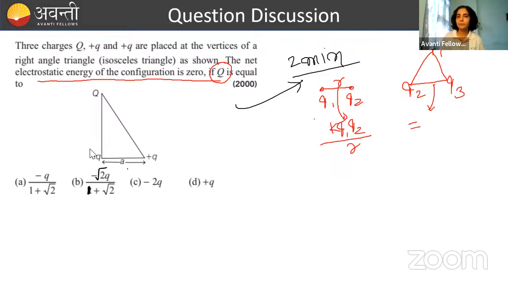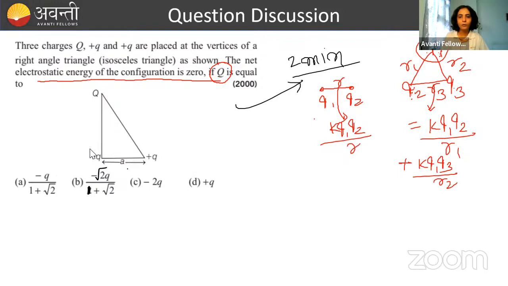जैसे यहाँ पे pairs कैसे बन सकते हैं? There are three charges. So a pair can be between 1 and 2, 1 and 3. So पहले 1 का सबके साथ बना लो, 1 का 2 के साथ, 1 का 3 के साथ. Then go on to 2. 2 का 1 के साथ already पहले बन चुका है, we have already done that, है ना? If this distance is R1, this is R2, this is R3, we can write K Q1 Q2 by R1 plus one more pair, 1 with 3, K Q1 Q3 by R2.